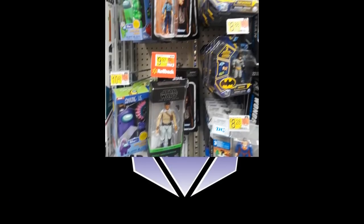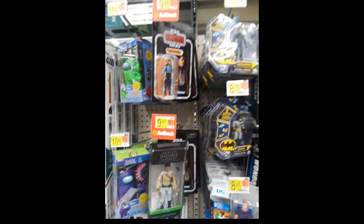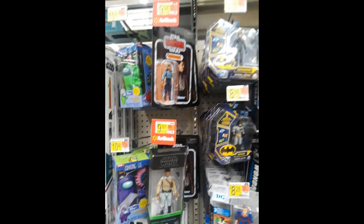So this is a blurry picture, but I'm seeing a lot of Landos, and some places have Emperors and a few other things going on. So some have the IG-11s, $10. So I'm thinking these will get a lot cheaper, a lot cheaper. So watch for some of these vintage collection figures. But the sad thing is, I don't think they're getting any new vintage collection figures in until they clear out